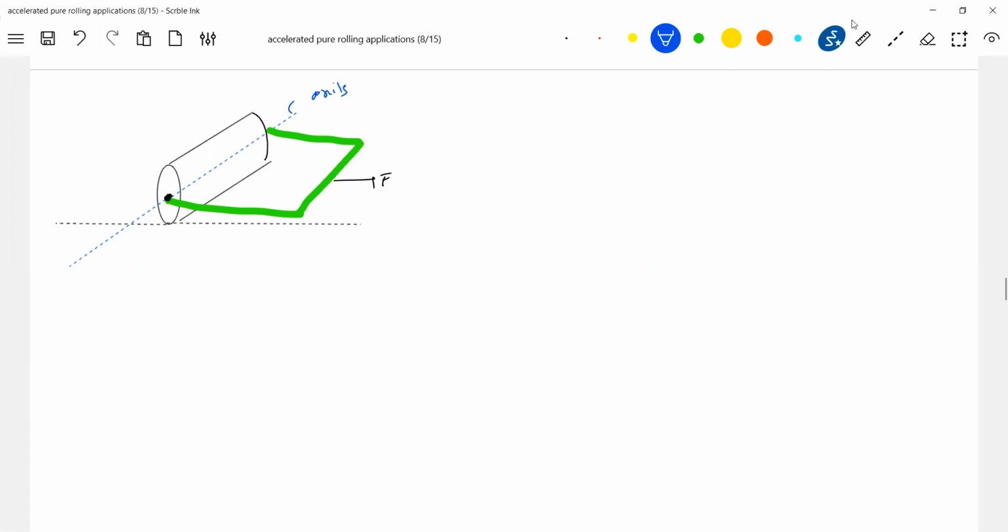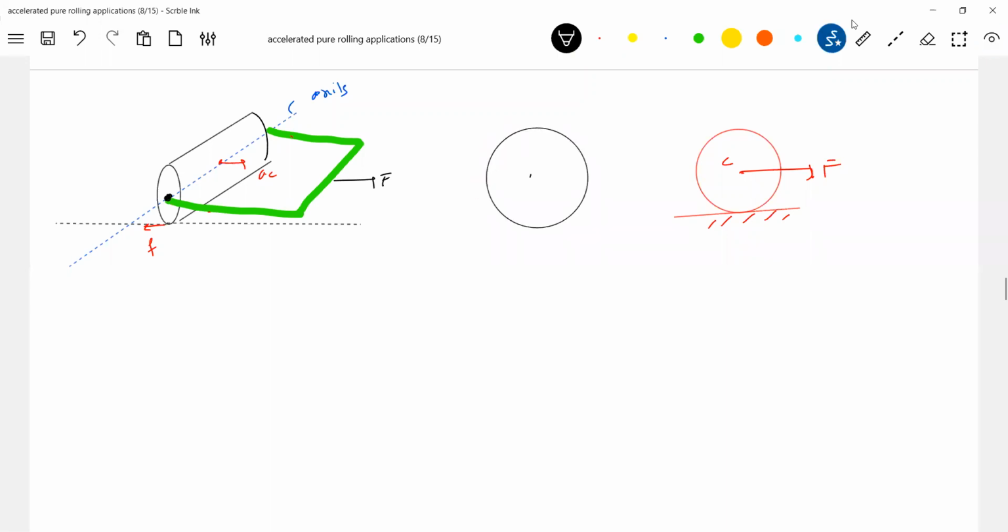What about the friction? How should friction act? Friction will act backward. Just now you have studied, and this is the center of mass. It will be like this. Whatever force you applied, F by 2 will act at this end and F by 2 at this arm. We are showing the plane diagram that force F is acting here. Please do understand, this is something very important at this stage. What is the resultant diagram? We just show it like this: a force F is acting, then the friction will act backward.